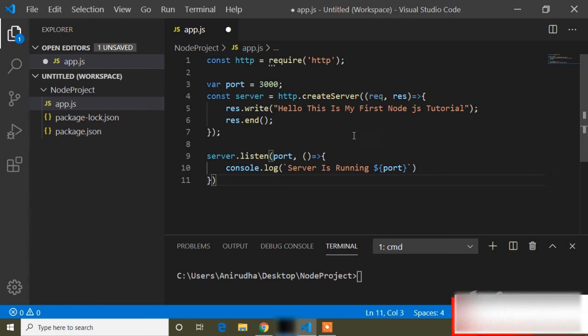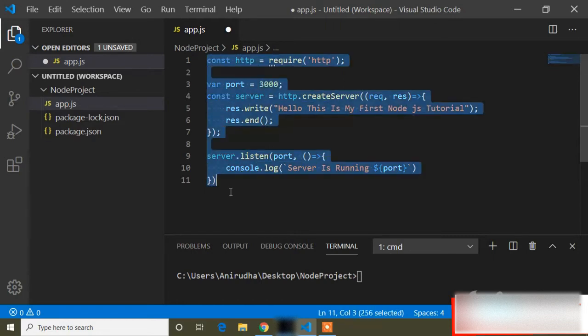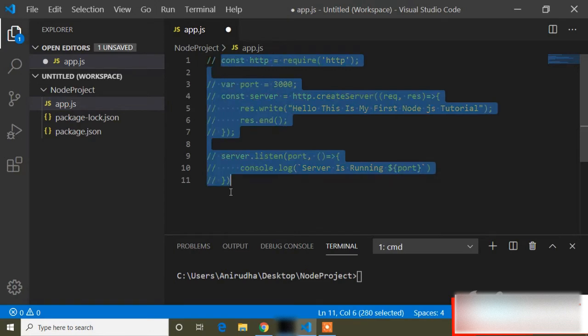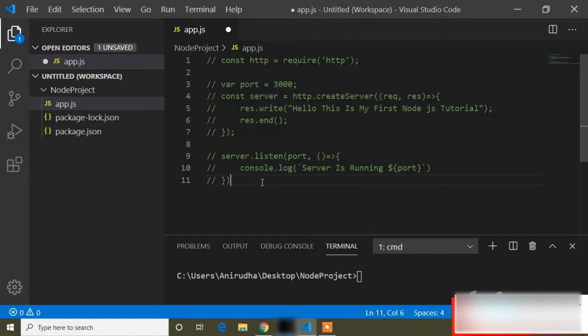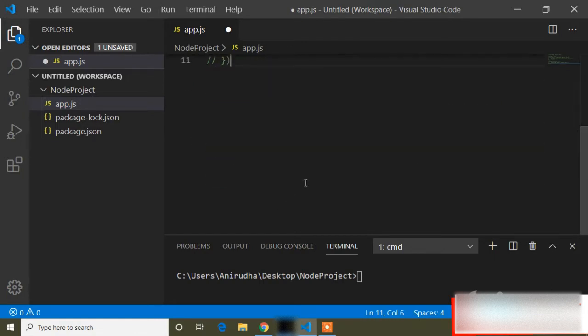In the previous tutorial I showed how you can run your project in the browser, and in this tutorial I will show you about anonymous functions. This function is most important in Node.js. So let's see what an anonymous function is. Here I had created a server to run our project in the browser, but I don't need it yet, because here I will show what an anonymous function is. So I will comment this out, and now I will show the syntax of an anonymous function.